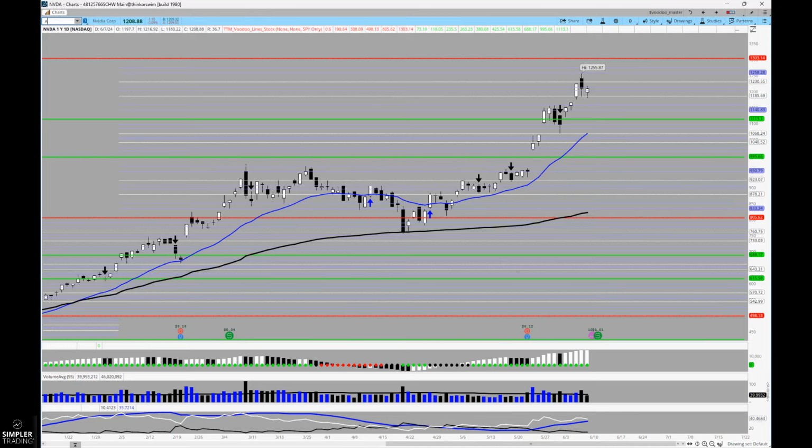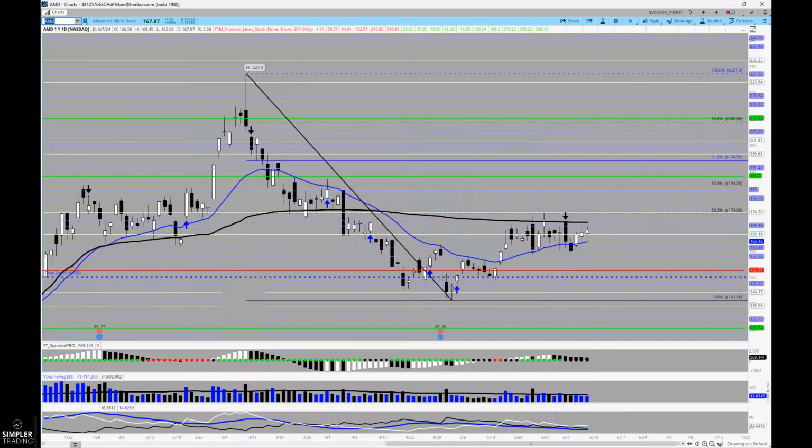Now, if that idea does work, then AMD is going to be a good companion stock to look at with it. AMD's got a very unique pattern here, where we have stayed right below this anchored VWAP. You've seen a lot of selling at that point, and then the bids have come from the rising 21 EMA. So as those two continue to compress price, you get this low compression squeeze that shows up,